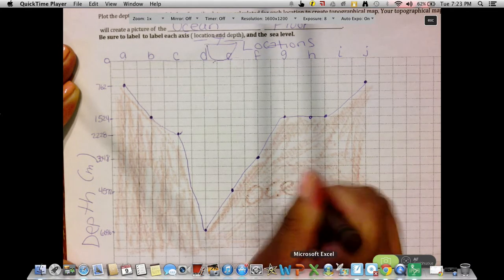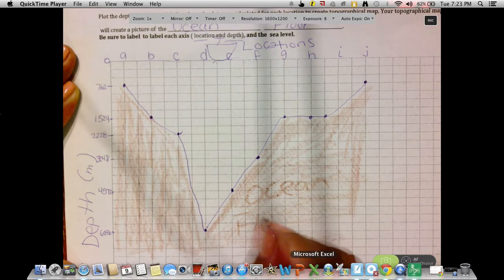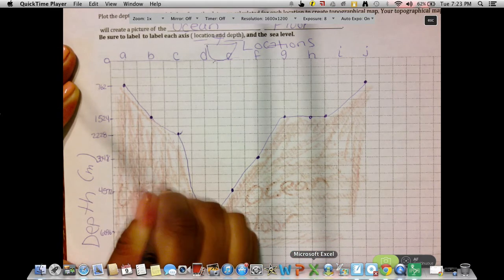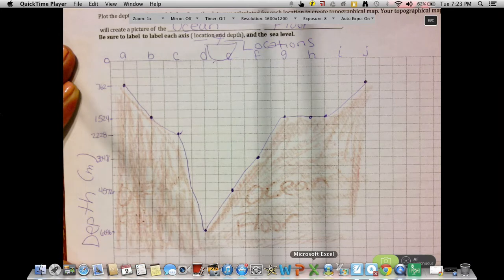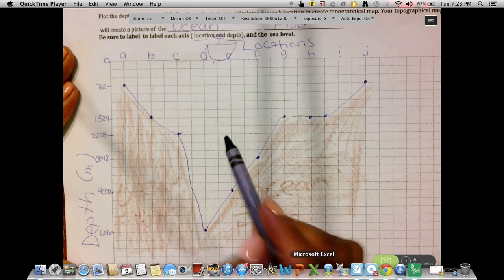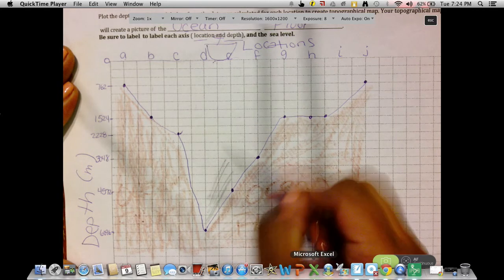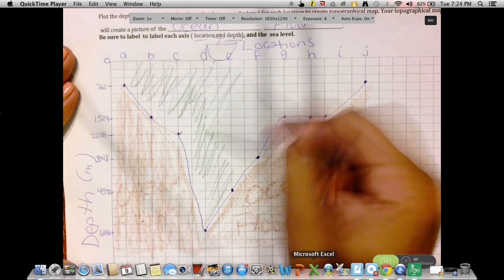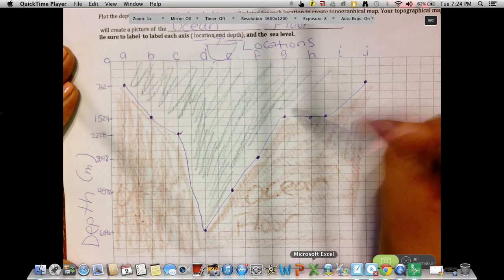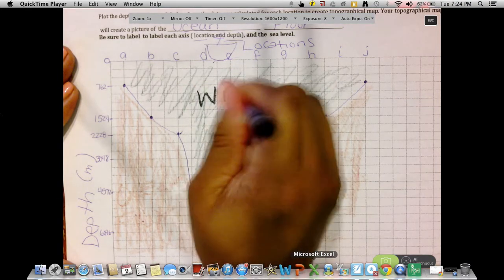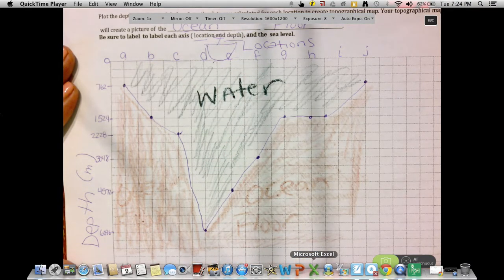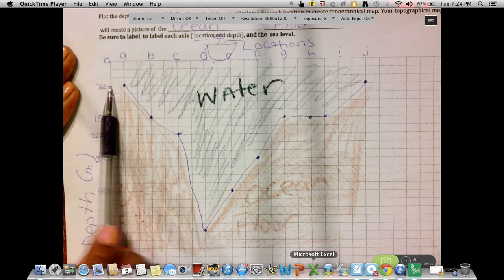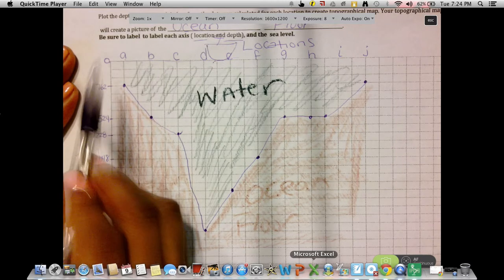And this is your ocean floor. Which means that everything above there, this is water. So when we now put it all together, if that ping was sent down from here,